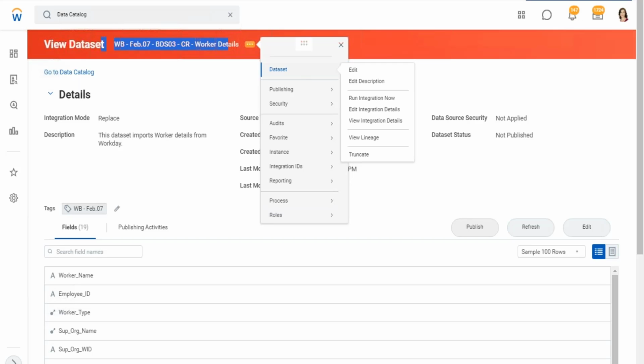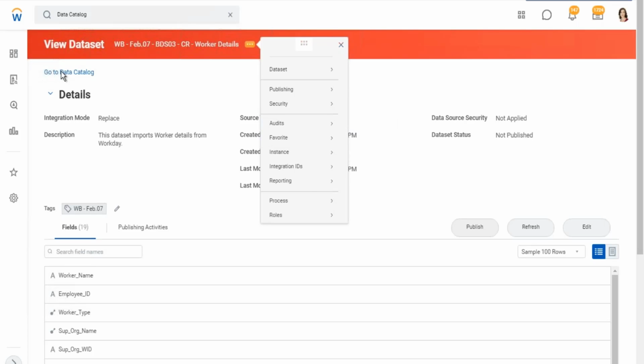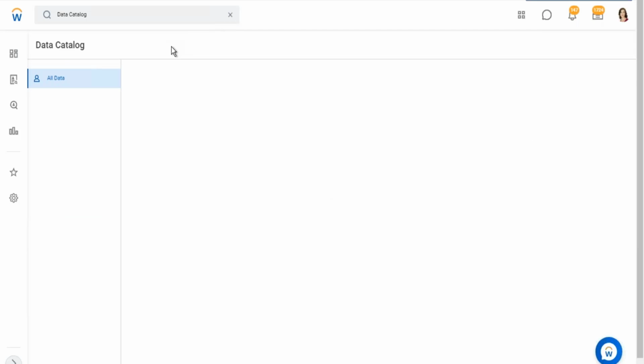Now, this is the first level of Workday security, which controls who has access to the data sets themselves. The second level of Workday security applies to your published data set, which is your data source security. Before I publish a data set, obviously this is my base data set,